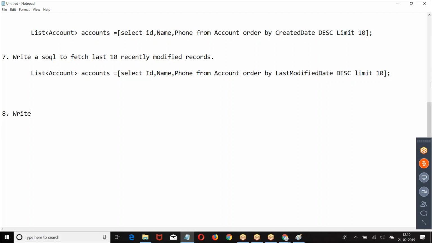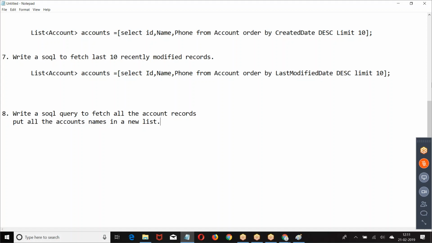My use case is write a SOQL query to fetch all the account records, and put all the account names in a separate list. Write a SOQL query, get the data. From the data, take only account names, put them in a separate list.